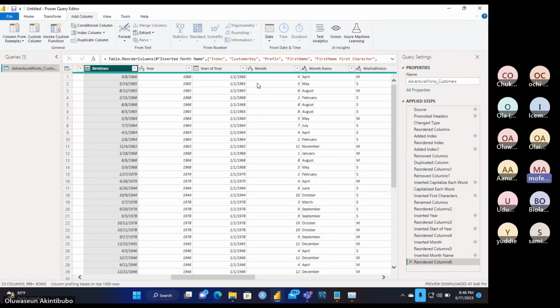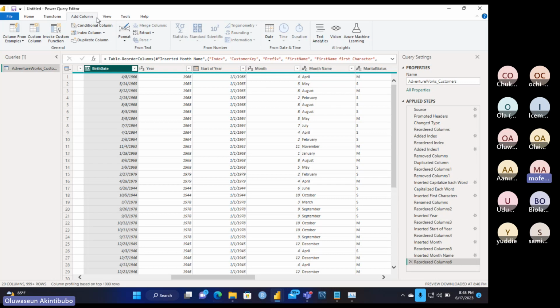When I tried to do the year, only the year stayed on the birth date. It didn't go to a different column. I want to know all of the steps that you took.